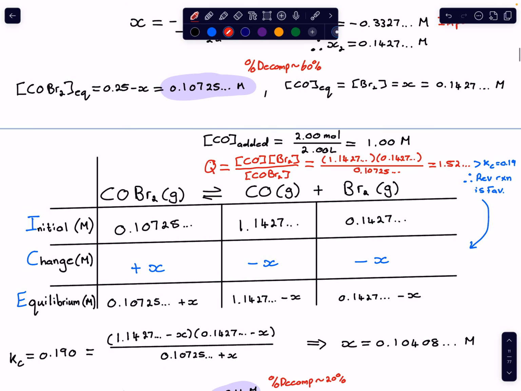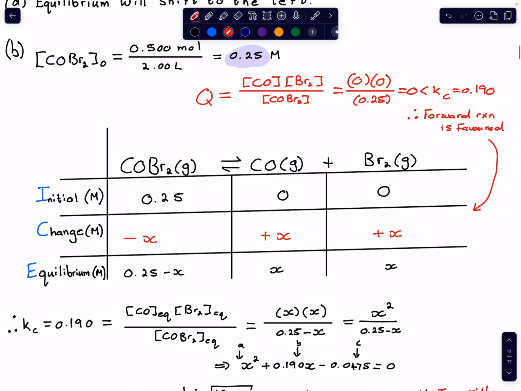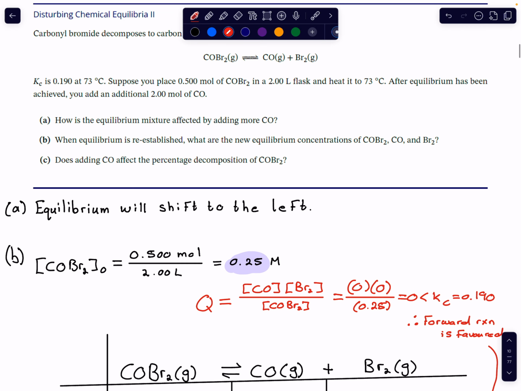So it means the decomposition percentage has reduced from 60 to almost 20% by adding the carbon monoxide. So yes, adding carbon monoxide affected the percentage decomposition of the carbonyl bromide, and it makes sense that it does,